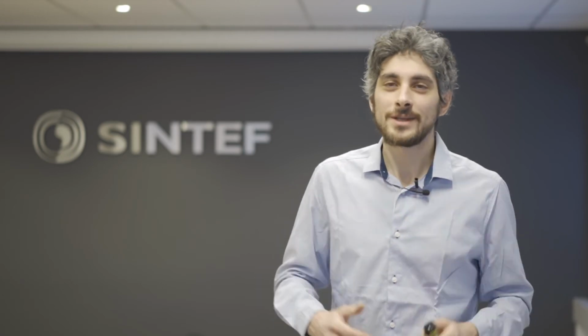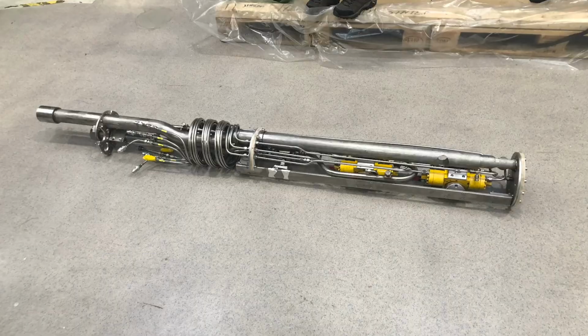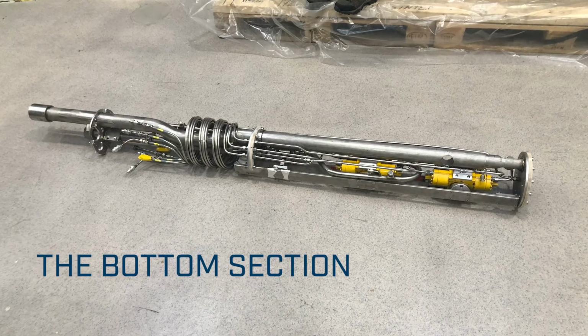Now a few pictures of the facility. It's very interesting. I hope you've seen some of them in the introduction video as well, but let's see some pictures here. This is the bottom section. The bottom section is